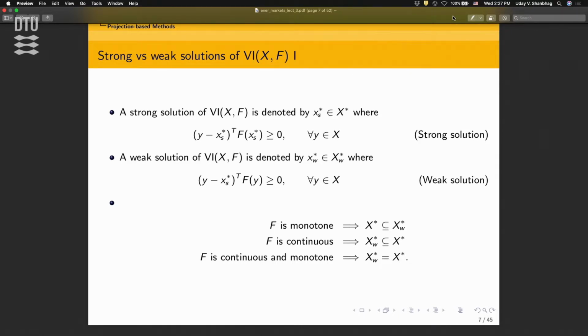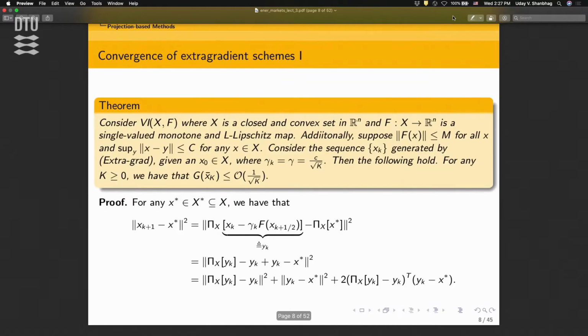Okay, so when F is monotone, every strong solution is a weak solution. When F is continuous, every weak solution is a strong solution. So when F is continuous and monotone, which is what we're looking for, strong solutions are equal to weak solutions. Why is that important? It's important because,